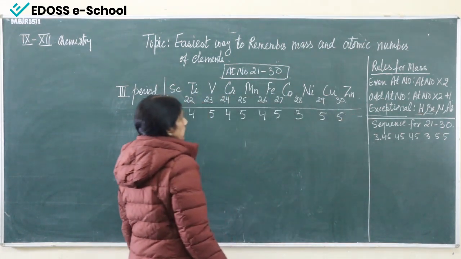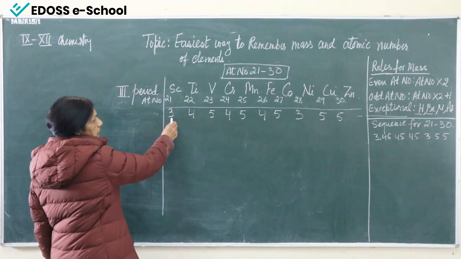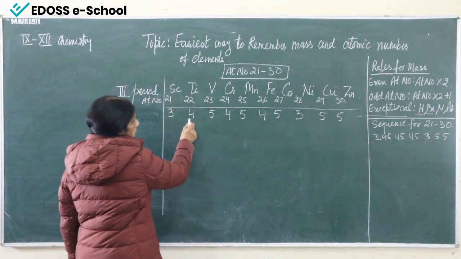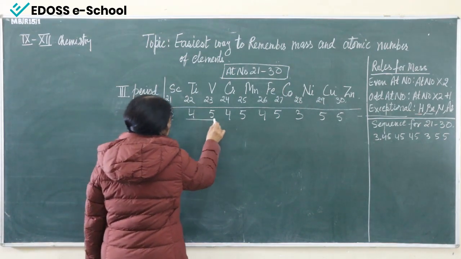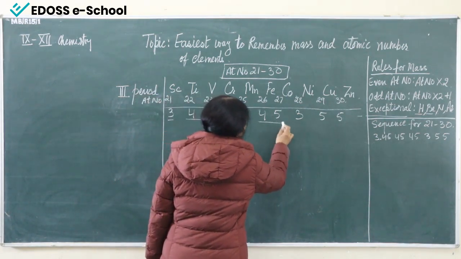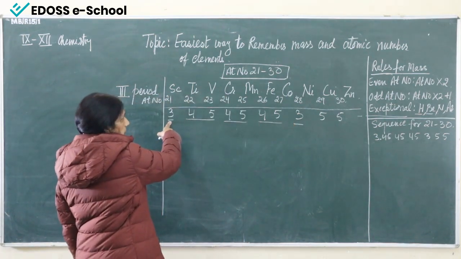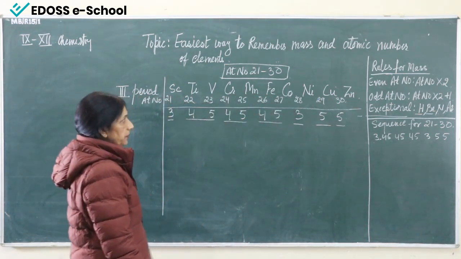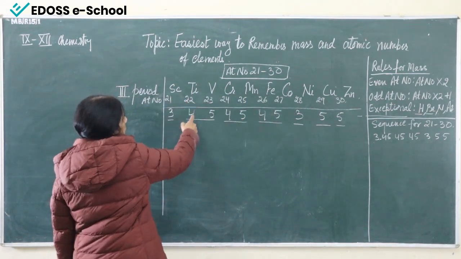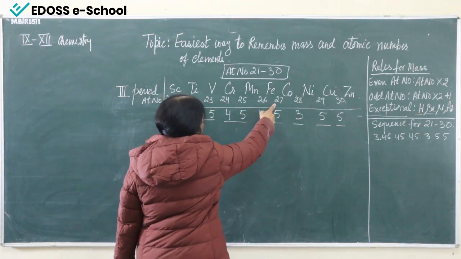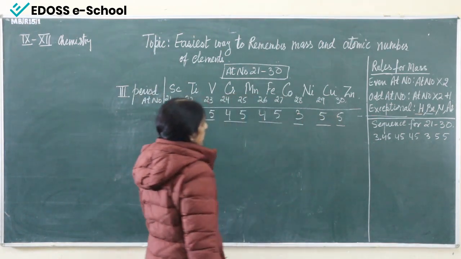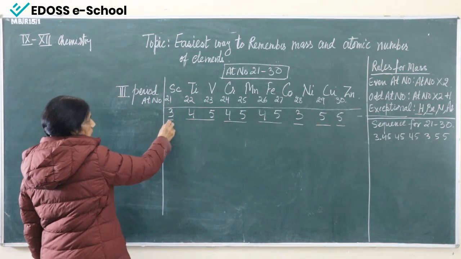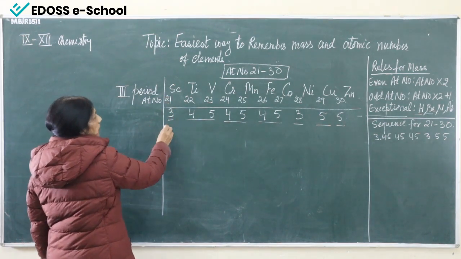Now see here how to learn it. This is very simple. This is 3, 45, 45, 45 and again 3. And then it is 5, 5 or 55 we can learn. Okay. So these are the sequence. In this way we can add. So what we will do for this, 21 multiplied by 2 plus 3.